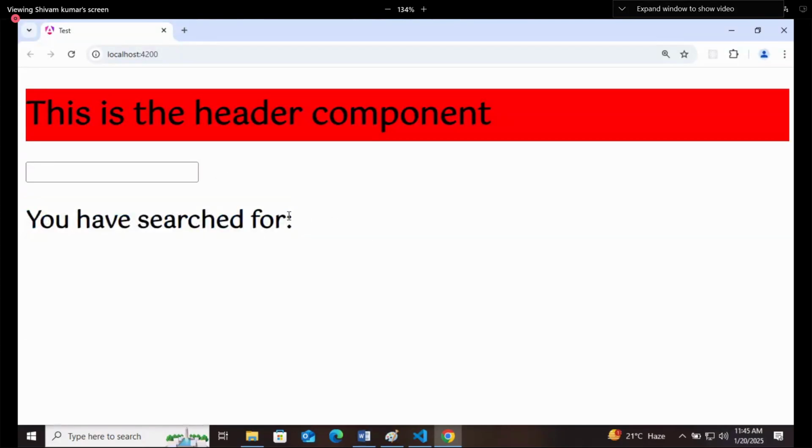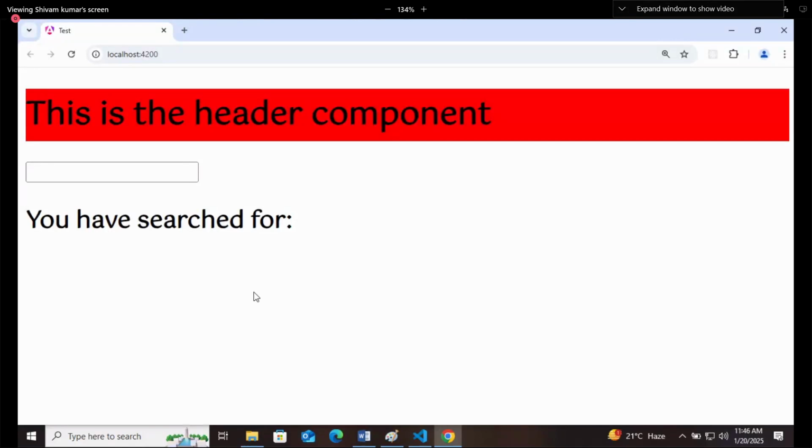Got the point? If you are searching here mobile, it shows that you have searched for mobile. It is fine. You are searching for MOBMO or simple M, it is fine. But when you are not searching for anything, why is this heading getting rendered here? That is called conditional rendering.